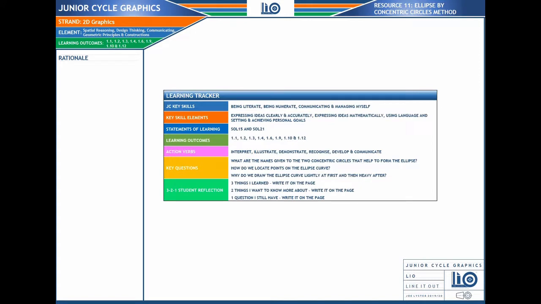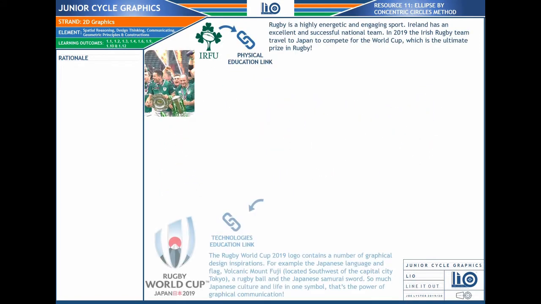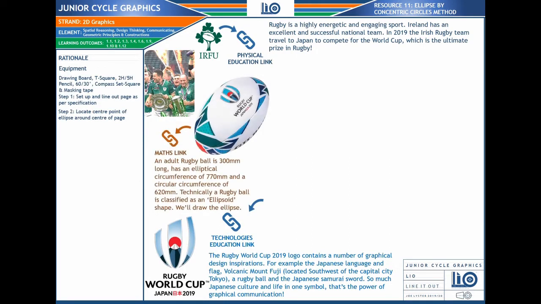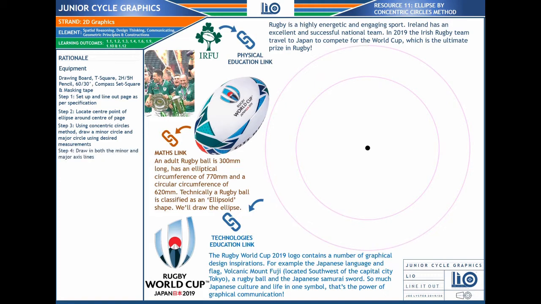Now, you might be familiar with ellipses if you've played rugby or you've ever eaten an egg, because these shapes are classified as elliptical shapes. There are different types of ellipses. They range in size and so on. As you can see, the rugby ball in the image is central to the logo of the IRFU,